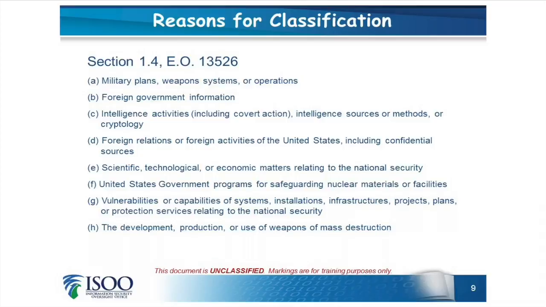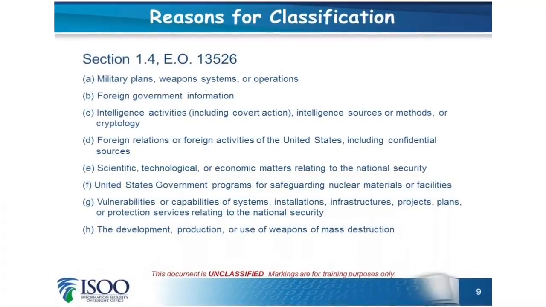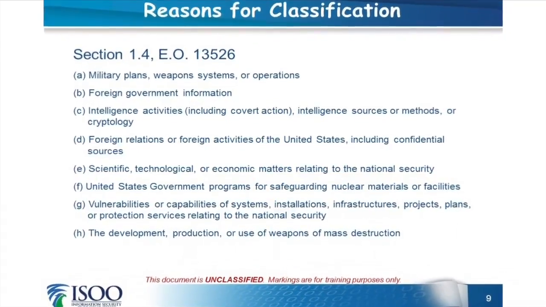The OCA makes the determination that information be classified, why it is classified, and for how long it should remain classified. Section 1.4 of the Executive Order lists the reasons for which information may be classified. When making an original classification decision, the information must fall under one of these categories: military plans, weapon systems or